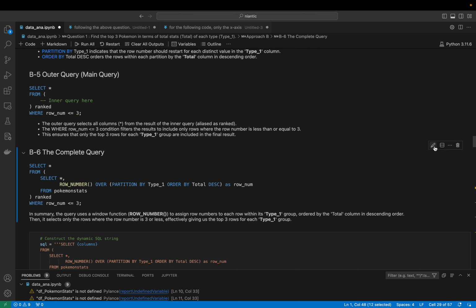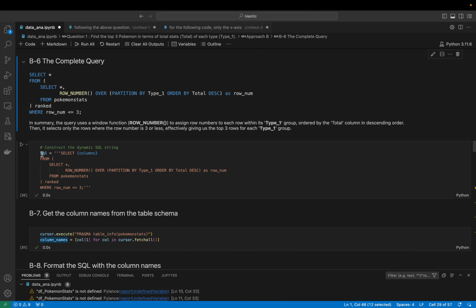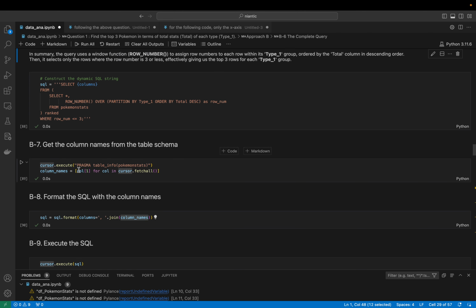This is the complete query that can be seen here. So then we can just copy it and paste it into a SQL string. Then you can get the column names either from